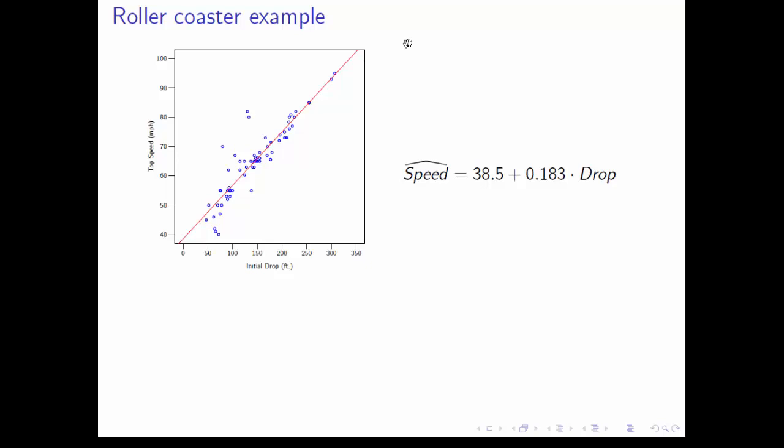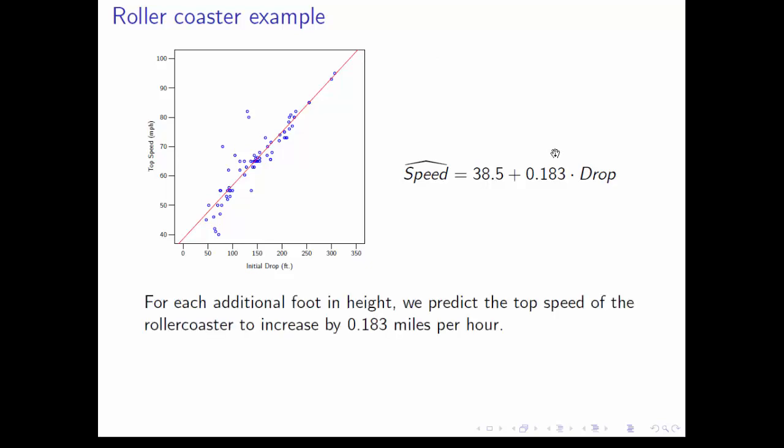Let's focus on that 0.183. How can I interpret that slope? Every additional foot, every increase of 1 unit in the x direction, which is in feet, would increase the predicted top speed by